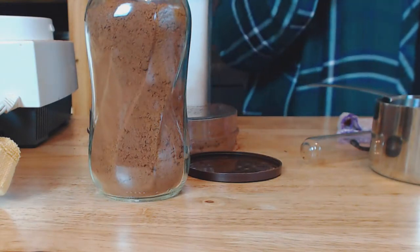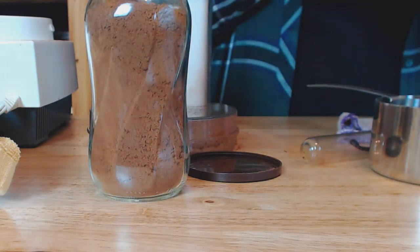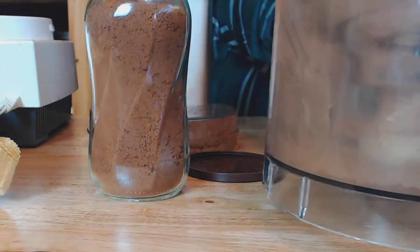Chocolatey goodness right there. And super quick. It took me just a couple of minutes to mix all that up. Okay, so yeah, I didn't put the jar in here, but the other jar was 65 cents, so that just raises it